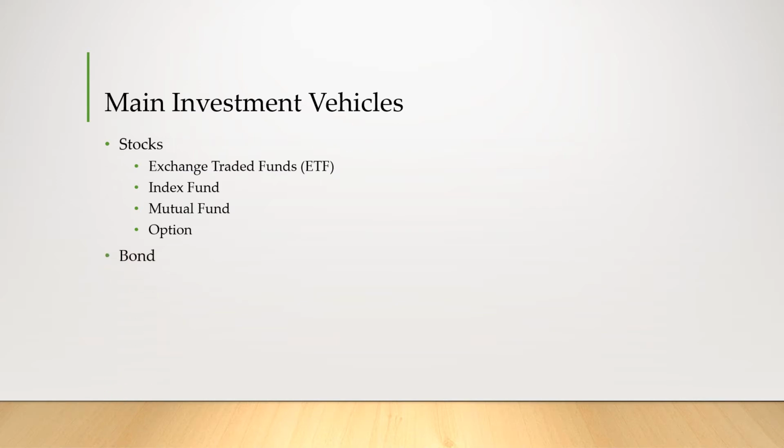The next one is bonds. Bonds are different from stocks. They're not in the same category. They're different investment vehicles, if you will. Then you have your commodities, which are different from both stocks and bonds. You have the foreign exchange market, and then you have cryptocurrency. Cryptocurrency has some relation to stocks in terms of how it works and how it's traded. However, since the markets are completely unrelated, I chose to give it its own section. But once we go through stocks, describing the cryptocurrency market will be kind of easy. So let's move on.